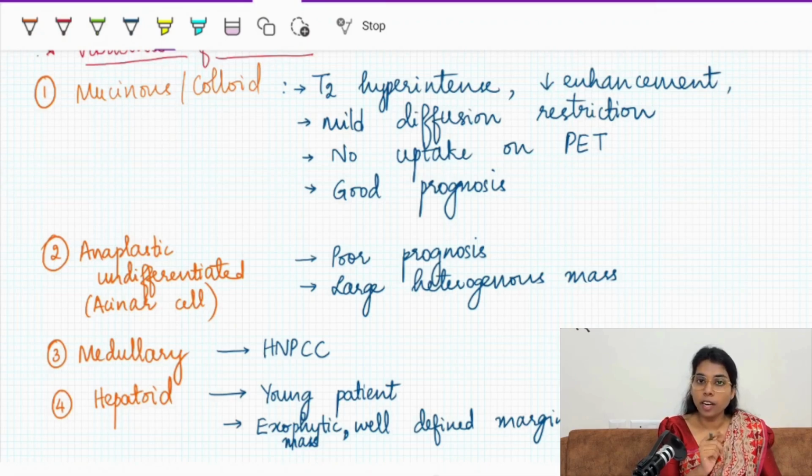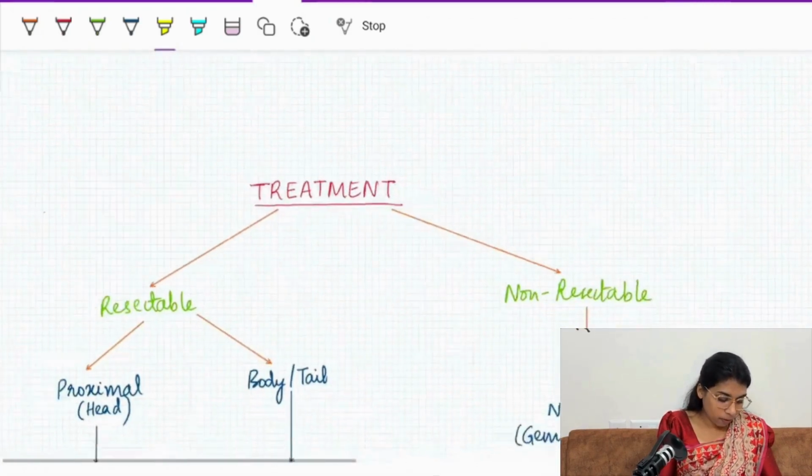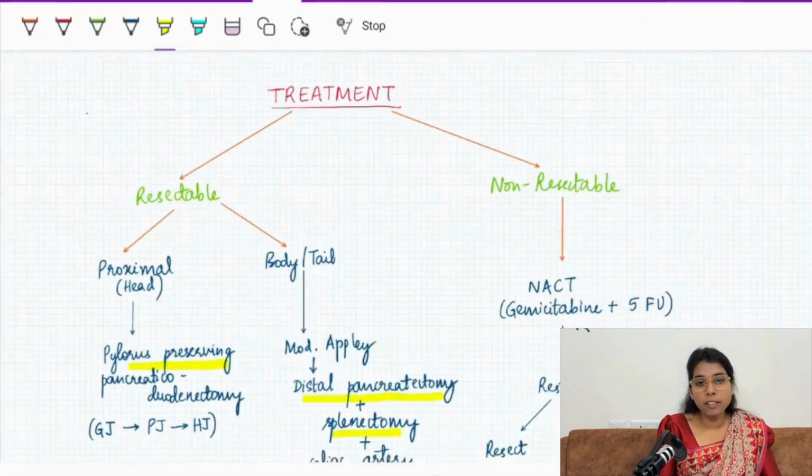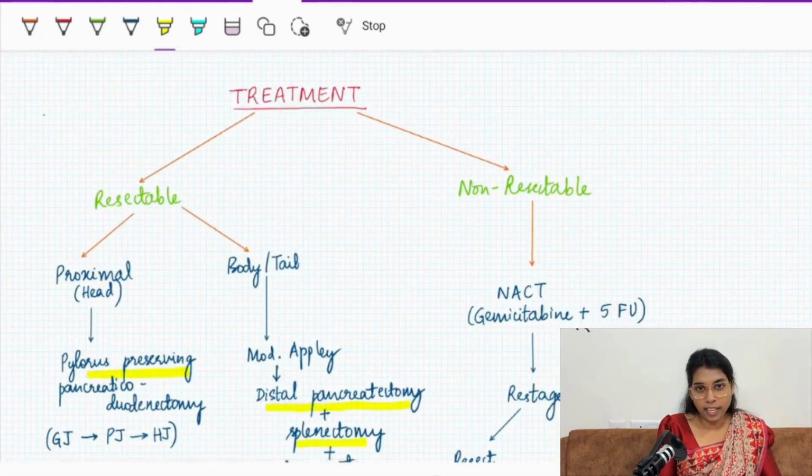Mucinous is a variant of adenocarcinoma anywhere in the body, and mucinous tumor anywhere in the body will be T2 intensely hyperintense, will show mild delayed enhancement, minimal diffusion restriction or no diffusion restriction, and patient will have a good prognosis. Anaplastic we know is very aggressive and it will have a worse prognosis. Coming to the medullary variant, it is associated with the polyposis syndrome, that is hereditary non-polyposis colon cancer. Right? Now that we understood the variants, we'll just briefly look into the treatment of pancreatic ductal adenocarcinoma, that is